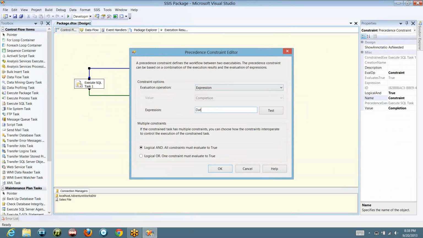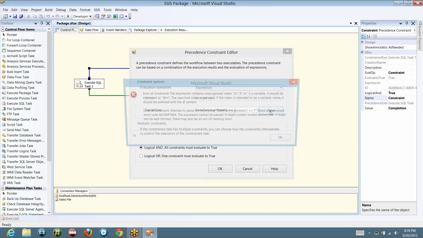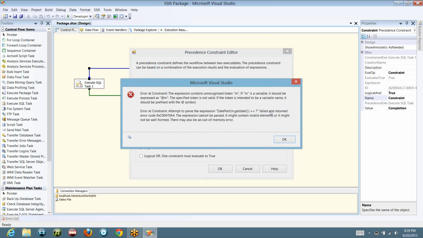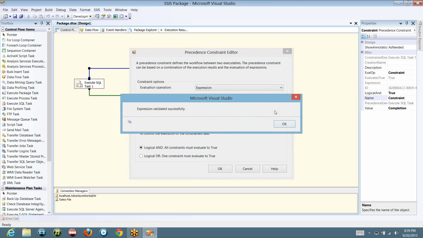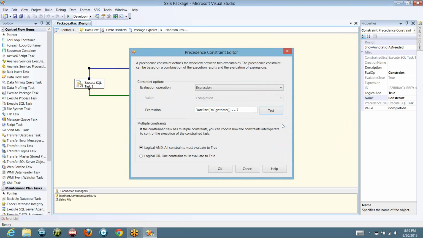Let's say date part of month, get date is equal to 7. Let me check whether it is correct or not. Okay, this is correct. It's saying it is correct. Let me try that. So what I have given is, if the current month is 7, then it will be